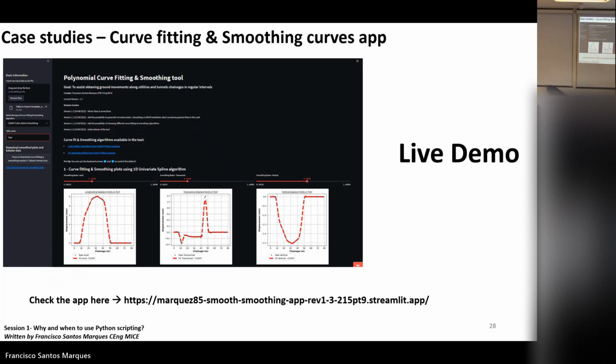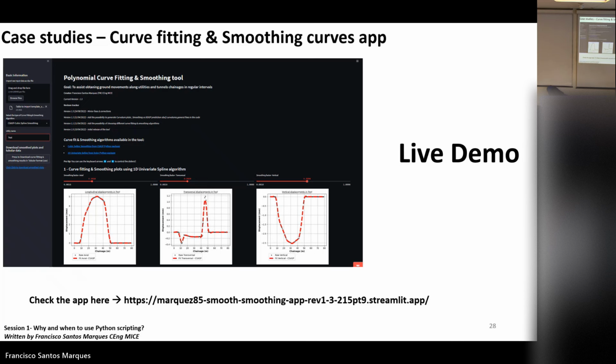Sometimes it gets these spikes, for example, and you have to smooth it. So it's quite normal for us to do a little bit of curve fitting, smoothing, etc. You can do this in Excel, but it's not the most efficient way, or you don't always get the results you want. You can do scripting, but then at some point I realized that I was the only one that knew how to use the script, and if I gave this to someone less experienced in code, they didn't know how to use it.